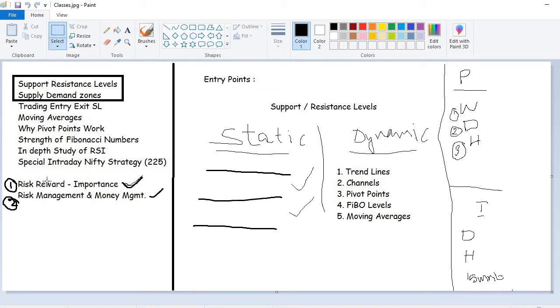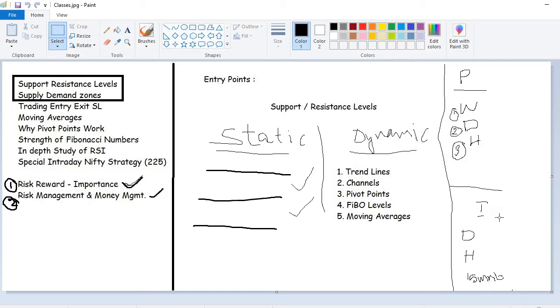In risk reward, we found that to win in intraday sessions we need some small kind of edge or extra favor towards our trade, whether it may be buying or selling. So we started going a bit deeper, then we came to know that support resistance levels can help us to make our trade a more probable winning trade.